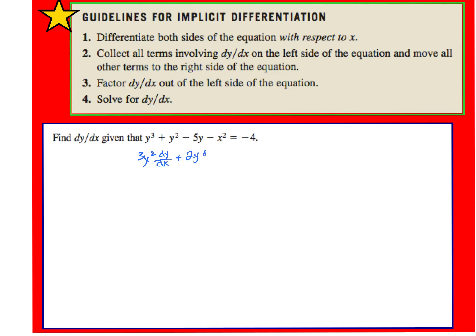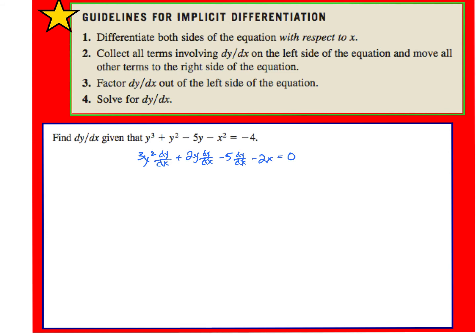2y dy/dx. What's the derivative of negative 5y? Negative 5 dy/dx. Then what's the derivative of negative x squared? Negative 2x. That's it. Because it's really a dx/dx, right? But I don't need to write that. And then it's equal to